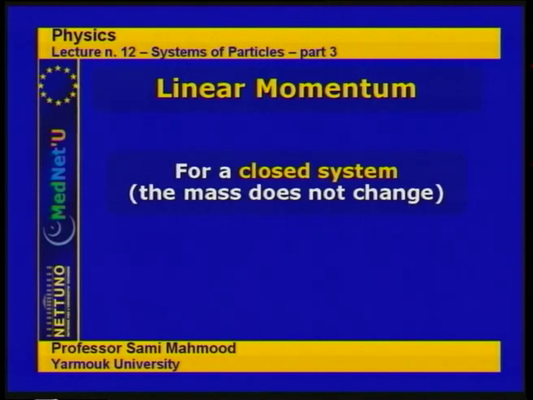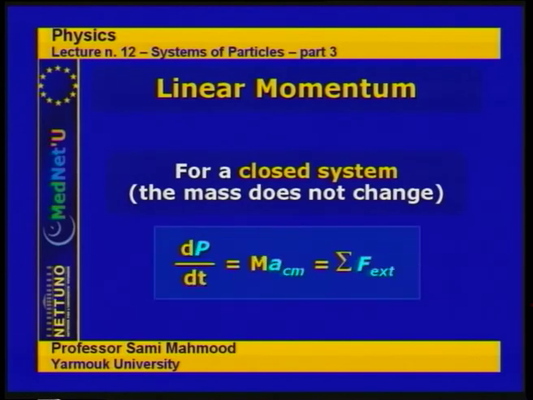Let's keep that formula in mind. And for a closed system, meaning a system which does not change mass, no mass enters the system, no mass leaves the system, for such a system, if we differentiate the two sides of this equation,